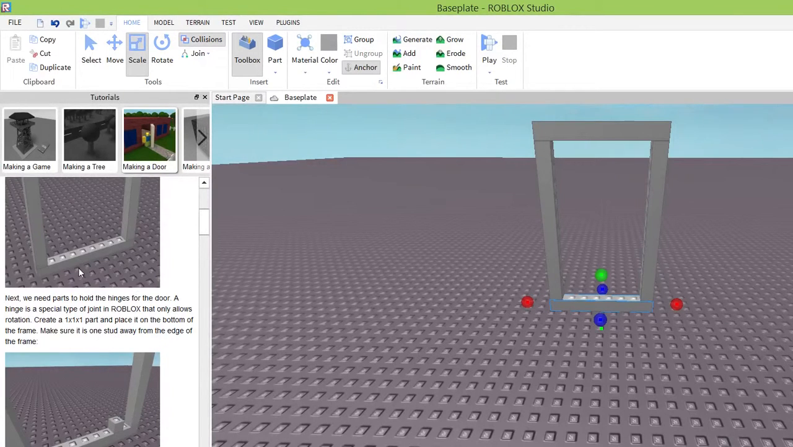Now, they're calling it a stud. It's got to be a stud away. I'm looking there, and that suggests if the hinge is going to go there, one stud in, that's going to be a tiny door. So I think what I'm going to do is make this door a bit wider. Oh, and I moved it instead of scaling it. So let's try